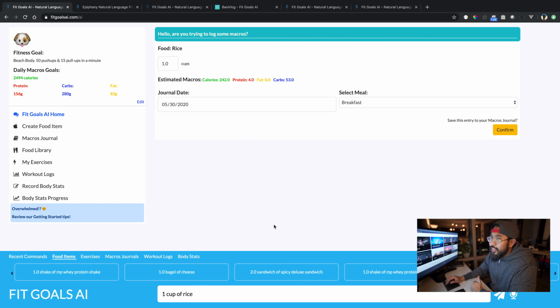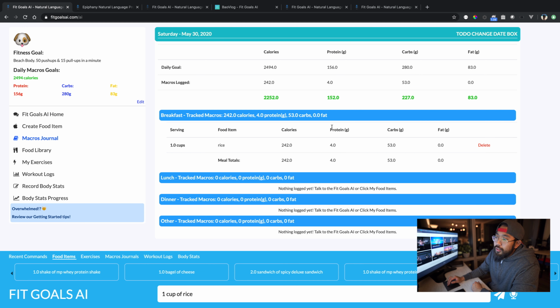Not that you would, but we're all pretending. So I typed it in here, and I don't know if you saw this part kind of refresh, but it's detecting the fact that I am trying to add some food to my daily macros. If I click confirm here, it'll go to my today's tracker and add that.